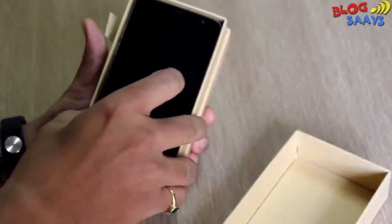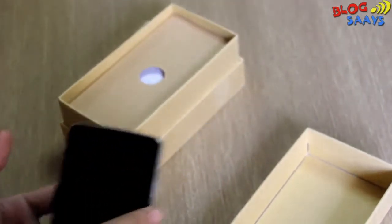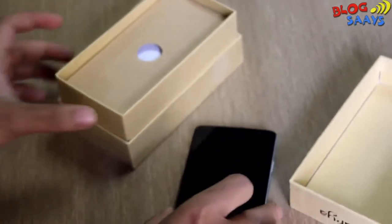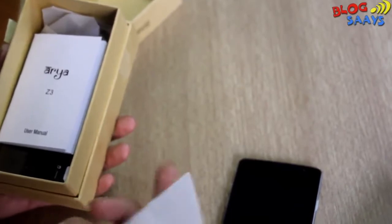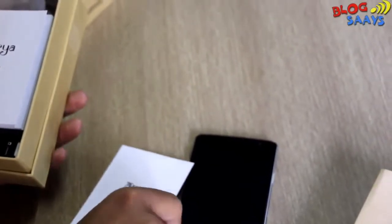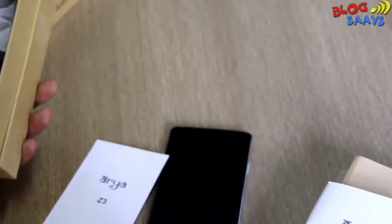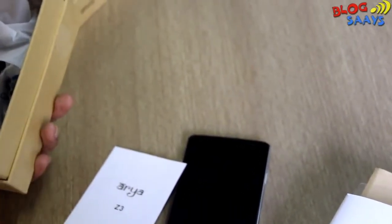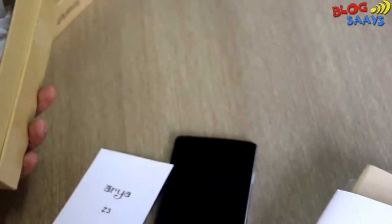You can see the main handset over here. Then inside the box you will find the warranty card, then the user manual, along with the screen protector, and then the normal charger, the USB cable,